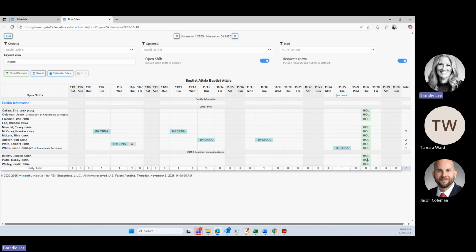And we just put that code in there to note this is a holiday where we won't need a provider. It doesn't pop up as any kind of open shift for you to take. And it's just kind of an alert for everybody. And I will say, none of the codes or anything in MyStaff schedule